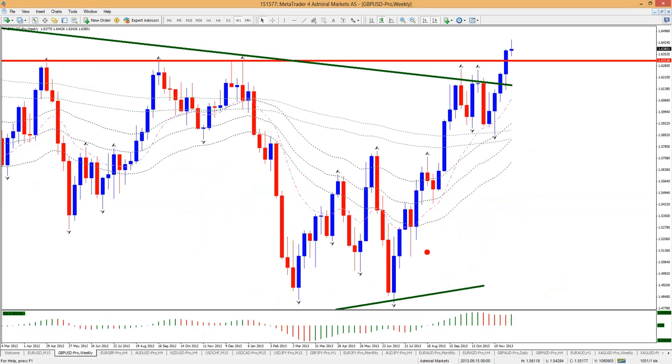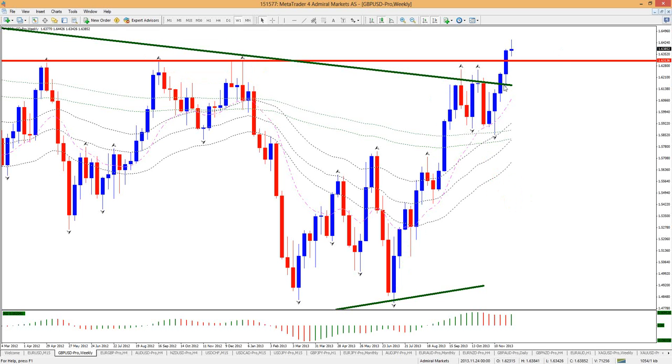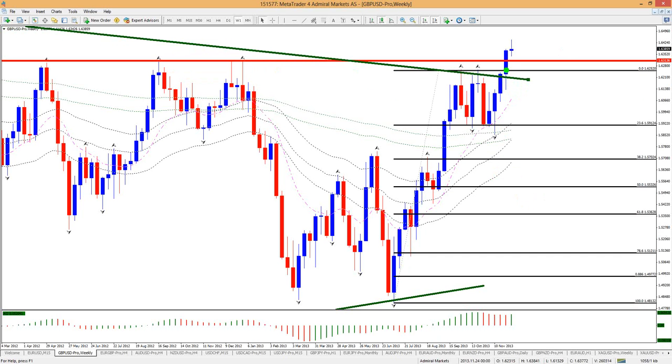Let's take a look at the weekly, and we can see that we've had an impulse here, and the currency had a reason to move down from here because it was at resistance, major resistance in fact. It didn't do so though. It chose to break, and what we got was a big bull flag in fact. And if we put a fib on this upside here, we got a breakout on the weekly chart to the upside. Now, the theme of today is breakout trading, but of course I'm not trading breakouts necessarily here on the weekly or monthly chart, but it is a breakout to the upside what we're having now.